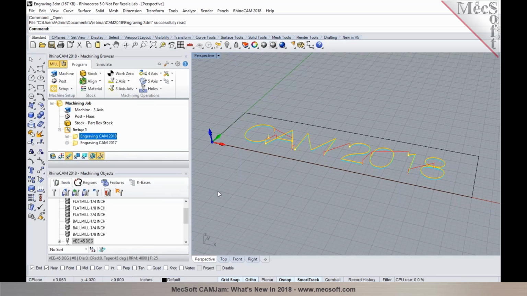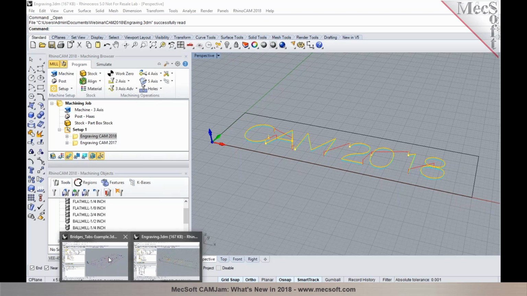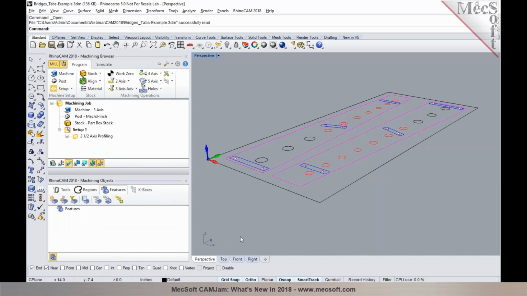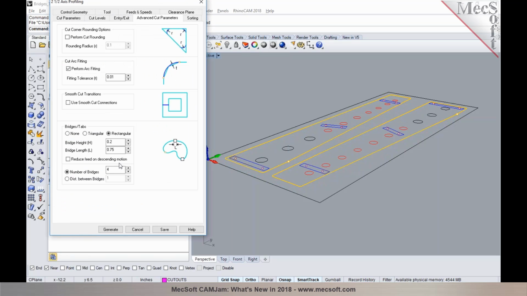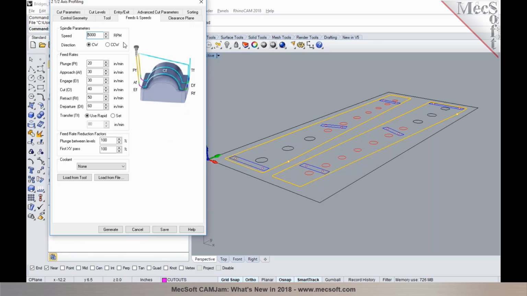Now, we also made enhancements to bridges and tabs in our version 2018, and I'm going to go ahead and give you an example of that in a profiling operation in here. So in 2018, we've now added a new option under bridges and tabs where you can reduce the feed rate on descending motion. So this will allow you to reduce the feed rate by a percentage of your cut feed rate,